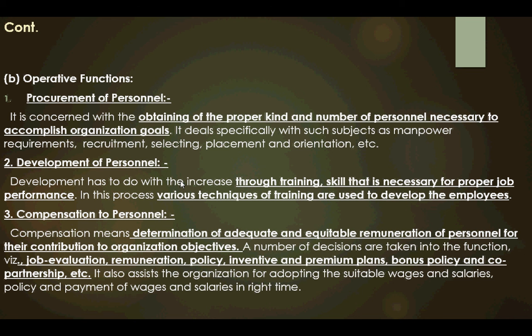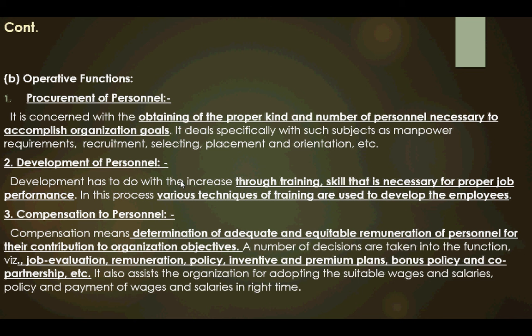Compensation of the personnel. As you know, compensation means determination of adequate and equitable remuneration of personnel for their contribution to organizational objectives. A number of decisions are taken in this function, like job evaluation. On the basis of the job evaluation, how much remuneration has to be given to each and every employee, and later on the policy has to be made with regard to compensation, incentives and premium plans,